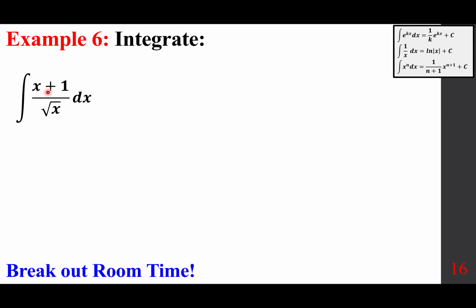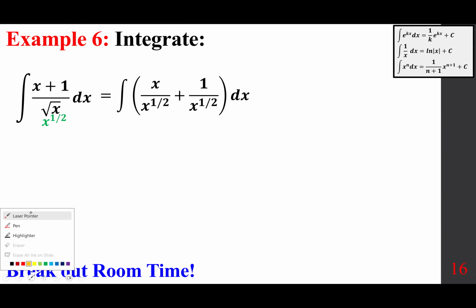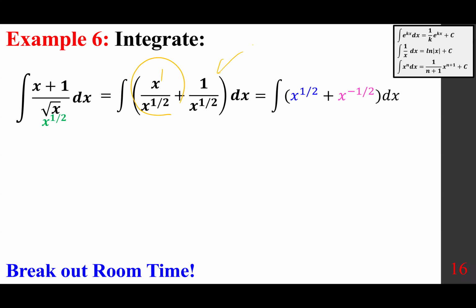All right, the integral of (x plus 1) over the square root of x. To get this ready for the next step, first we're going to change the square root of x to x to the power of 1 half, and we make up two fractions: x divided by x to the power of 1 half plus 1 over x to the power of 1 half. This has the exponent 1. This becomes x to the power of 1 half. This becomes x to the power of negative 1 half. As you can see, so far we've done simply a bunch of algebraic steps, and now the only calculus step,